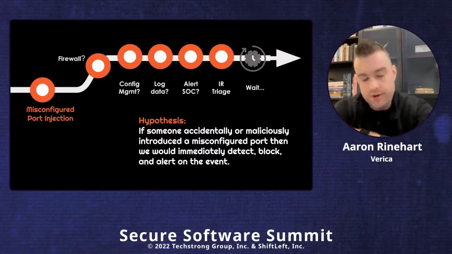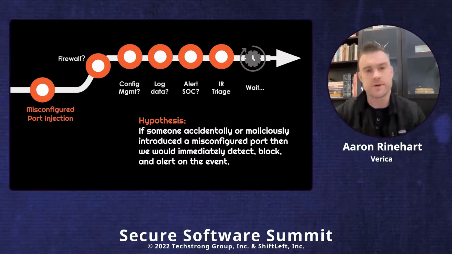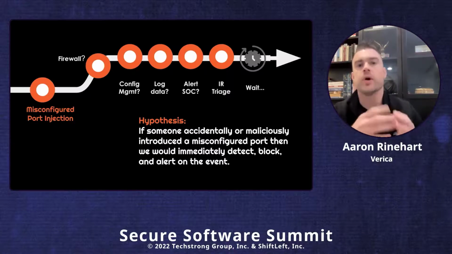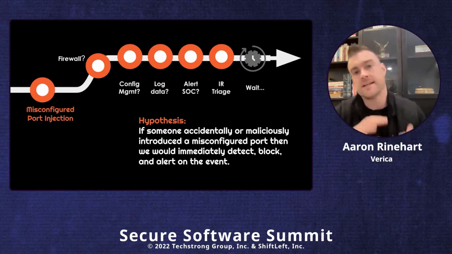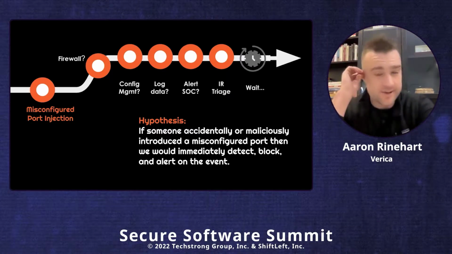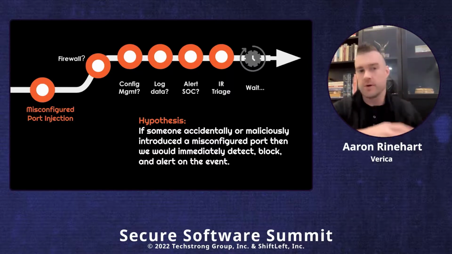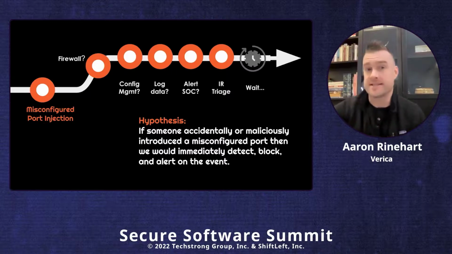The third thing we learned: we didn't really have a SIEM at the time. We had a security big data lake, sort of homegrown. I wasn't confident that it would actually trigger an alert and be effective at correlating the log data and alerting the SOC. But it actually did, so that worked better than we thought. The problem was, when the SOC actually got the alert, they couldn't tell which AWS instance it came from.